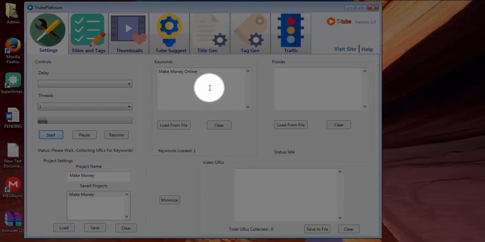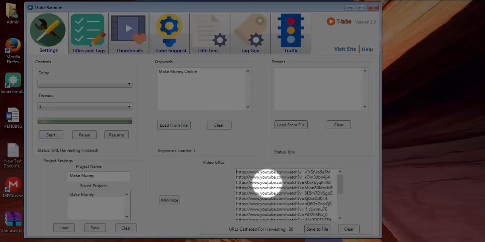The software will immediately start harvesting the results, the URLs from the first page results of YouTube. That is a total of around 20 URLs, out of which it will ignore any URL that is related to a channel or advert.